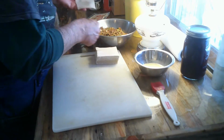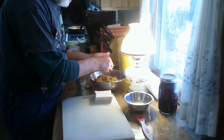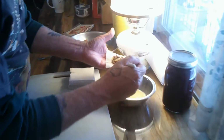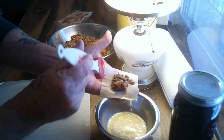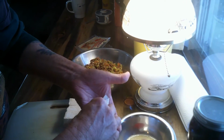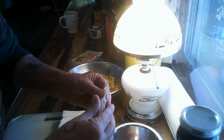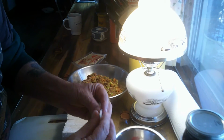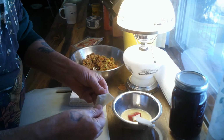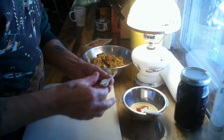So anyway, get a spoonful of the mixture here. Just kind of put it in. A little bit of egg wash, and I'm going to go around. Cut two sides here. Make this little pocket, like so. And that's your Mandu. Of course, it's got to get fried up yet,